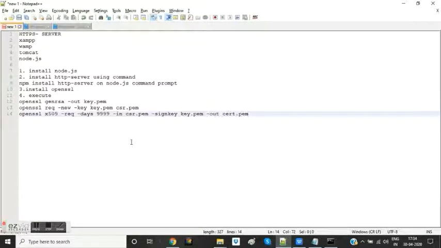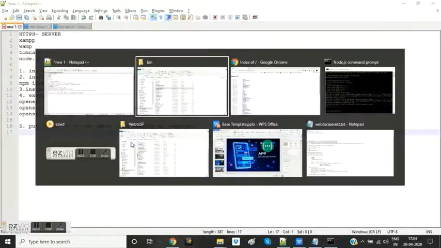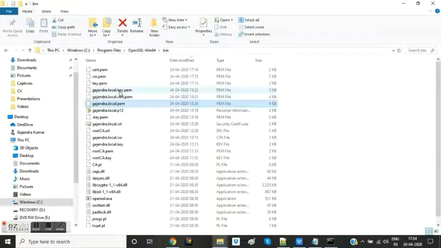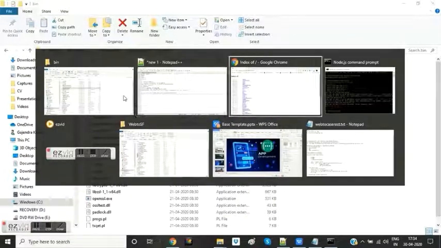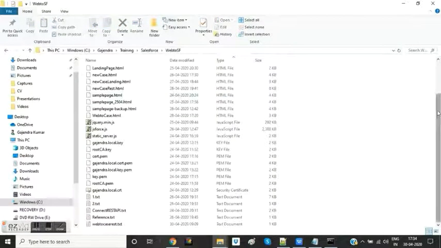Now I am going to put them in the folder where I am keeping my web pages. We need to copy the key.pem and certificate files into the folder where I am keeping the web pages which I want to host on the HTTPS server. You can see that I copied these two files into my folder web2sf, because this is where I am keeping all my HTML files which I am going to use in testing my REST service, or as a web UI.